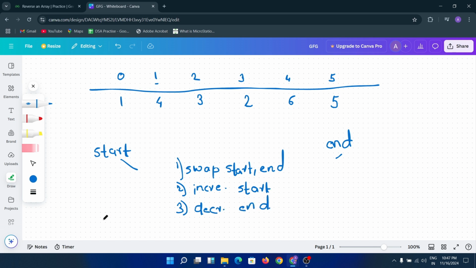Okay, so what it exactly does is that suppose start is at the first location and end is at the last location. So first it says swap the start and end, means this first element will go to the last position and the last element will go to the first position. It will become a 5 and here it will become 1. Okay, so then we have to increment the start. The start will come here, and decrement the end. Decrement means make the value less by 1. So end will become here,